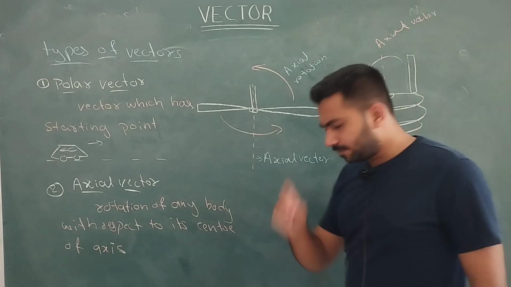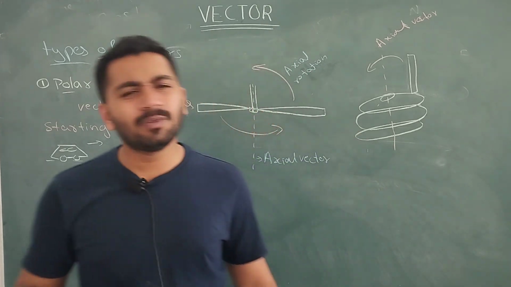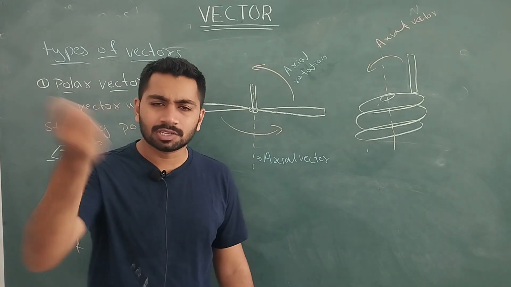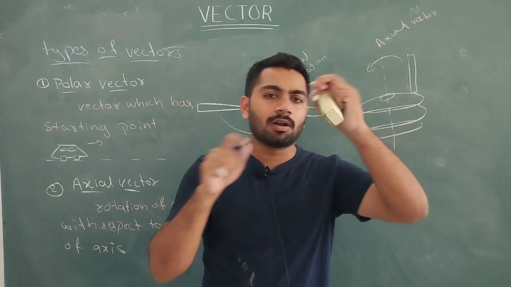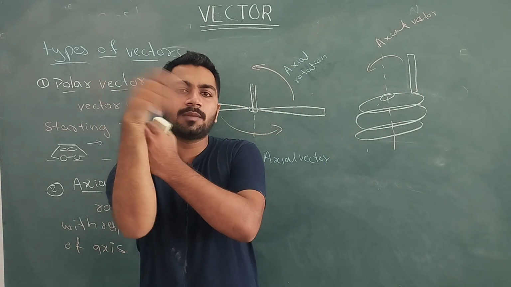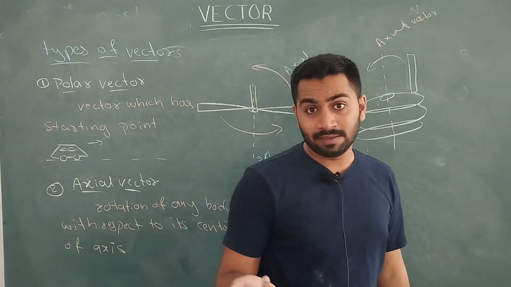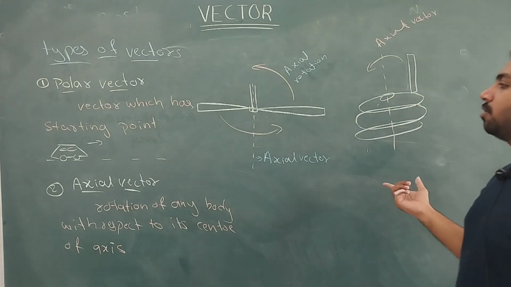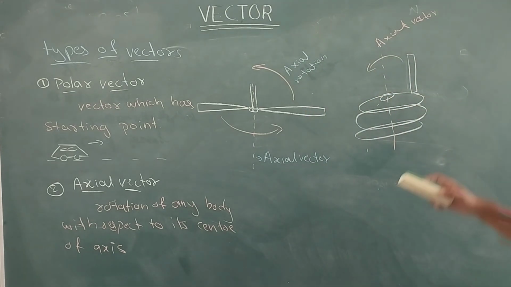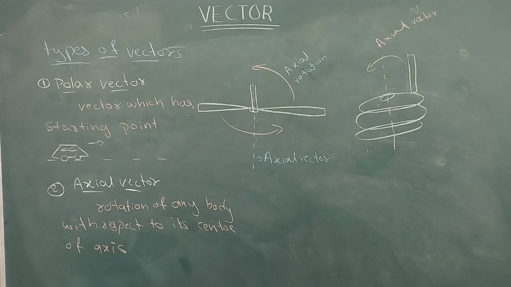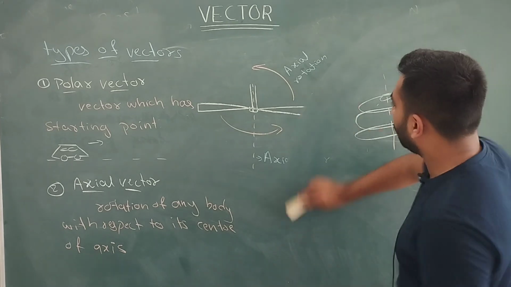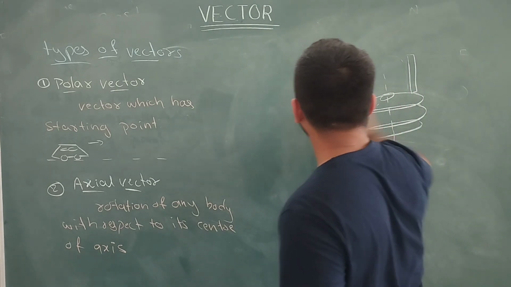Sir, why do we need this in physics? Very simple. In your everyday life you have seen center rotation. When you tie a rock and rotate it, it rotates around one center point. These are all daily life examples, so we are studying this on the basis of daily life. Okay, now if you want, take it down. Now I am rubbing this.